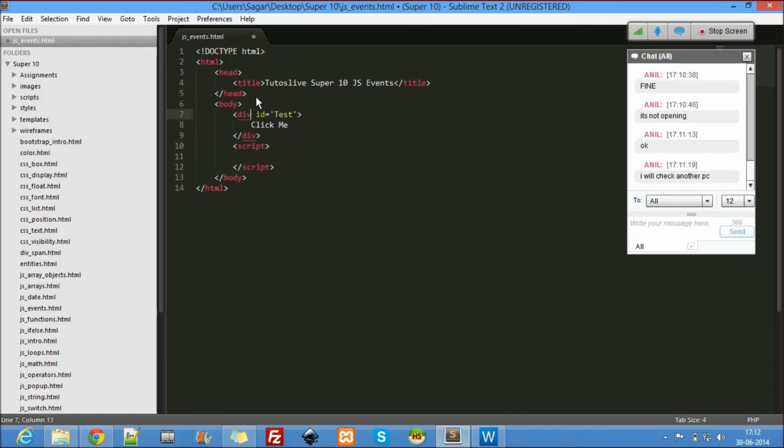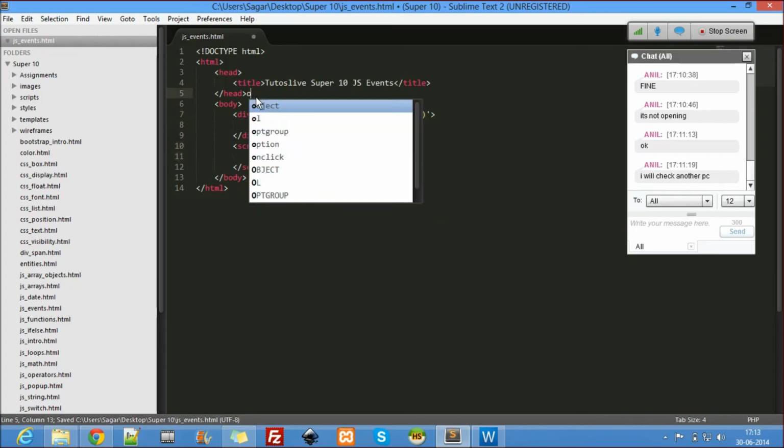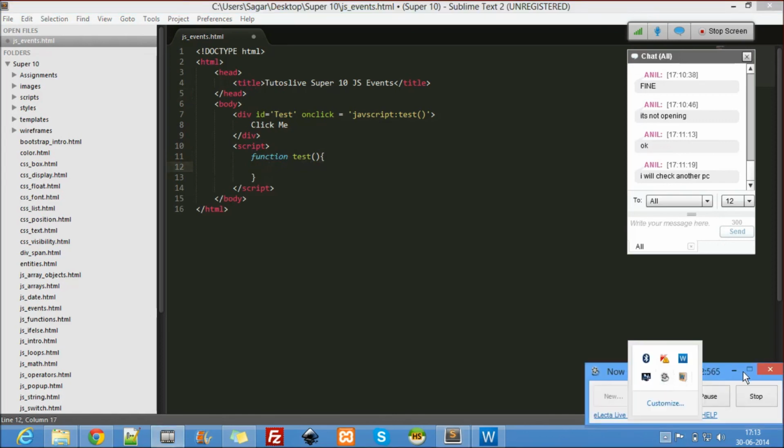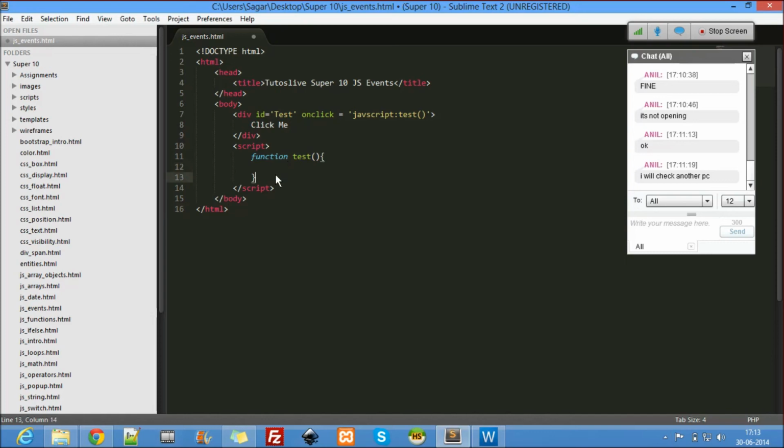So here, onclick equal to JavaScript. I'll write a simple function test. So let us write a function here, function test. Let me just check if the recording is happening. Okay, so function test, I'll say alert, you click the